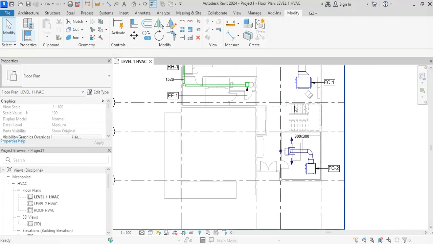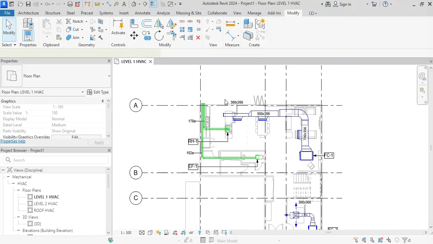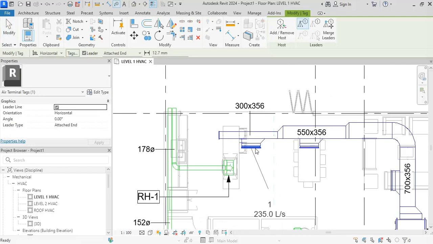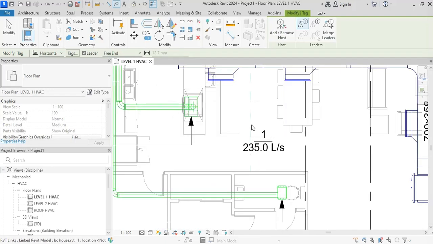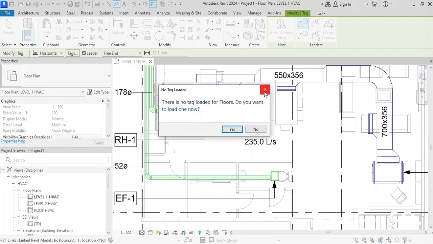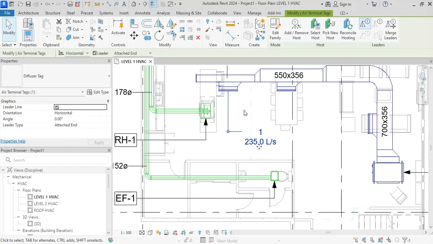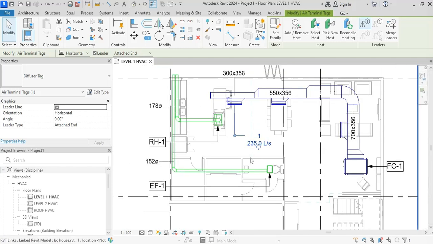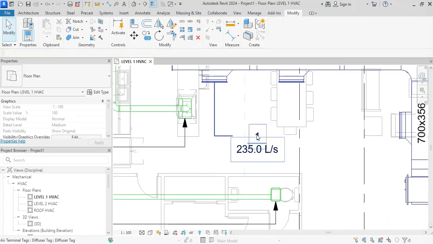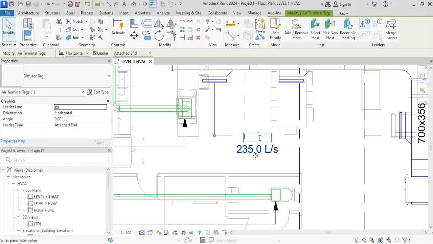Now I also need to tag these air terminals. I press TG. I need also to have a free end, so I can move it this way, this way. This tag reads, okay, press escape. This tag reads the type mark and the airflow. Okay, then I need to call it EG1 for exhaust. Okay, SG1 for supply grill 1,